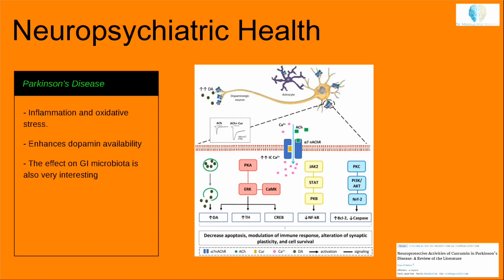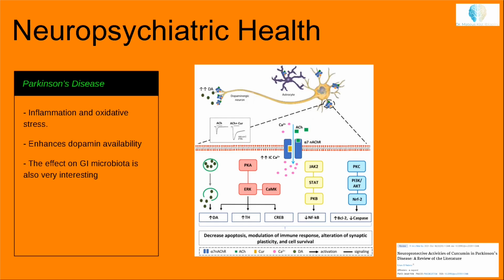So this is a beneficial effect in this scenario. Also, the effect of curcumin on the microbiota of the gastrointestinal tract is also very interesting, because Parkinson's disease in particular has a very close relationship to the function of the gastrointestinal tract, particularly of the GI microbiota. So a beneficial effect on the microbiota is very interesting